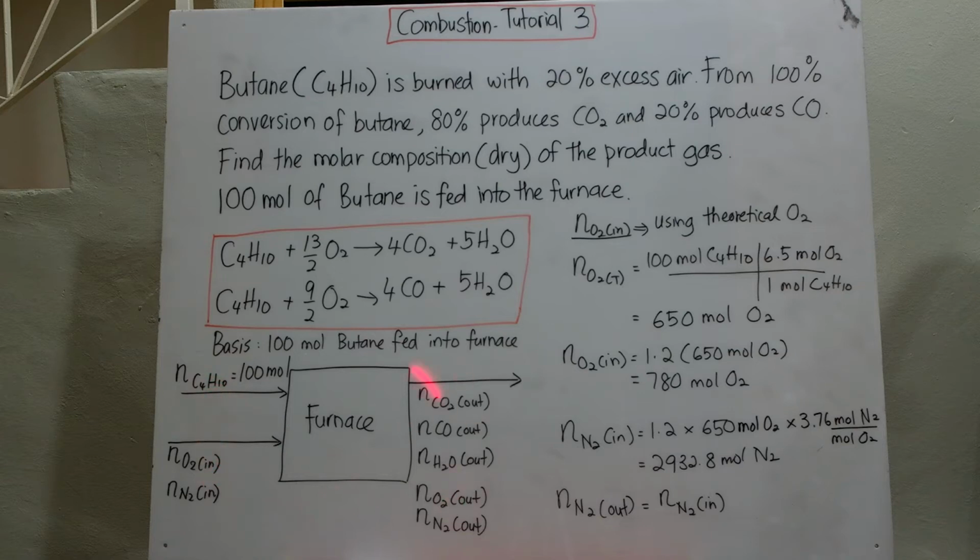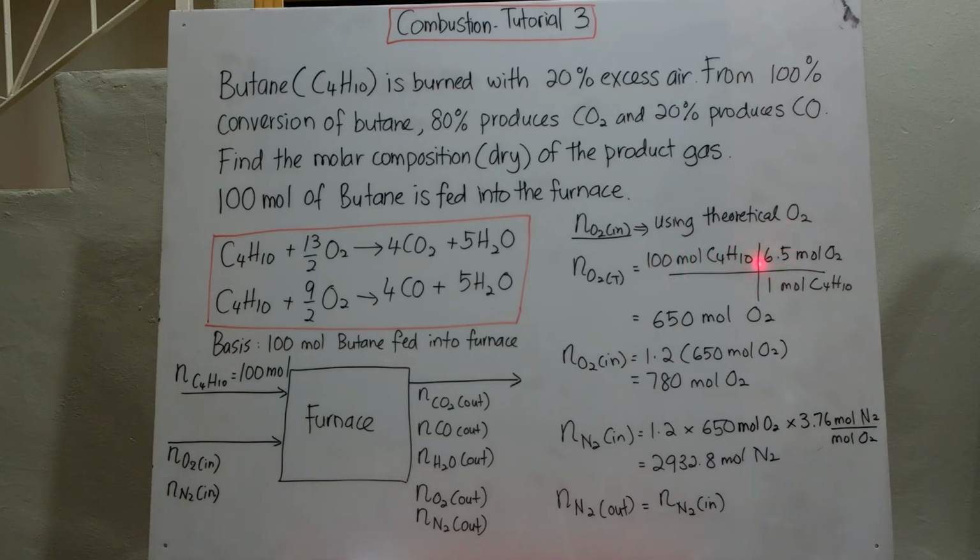Okay, so now we want to find the unknowns. The easiest one, because we have a lot of information about the excess air, is to find how many mole of O2 in, based on the information. So we find nO2 in first. To find this, we need to use the theoretical oxygen equation. So based on theoretical oxygen, if we have a feed of fuel of 100 mole,